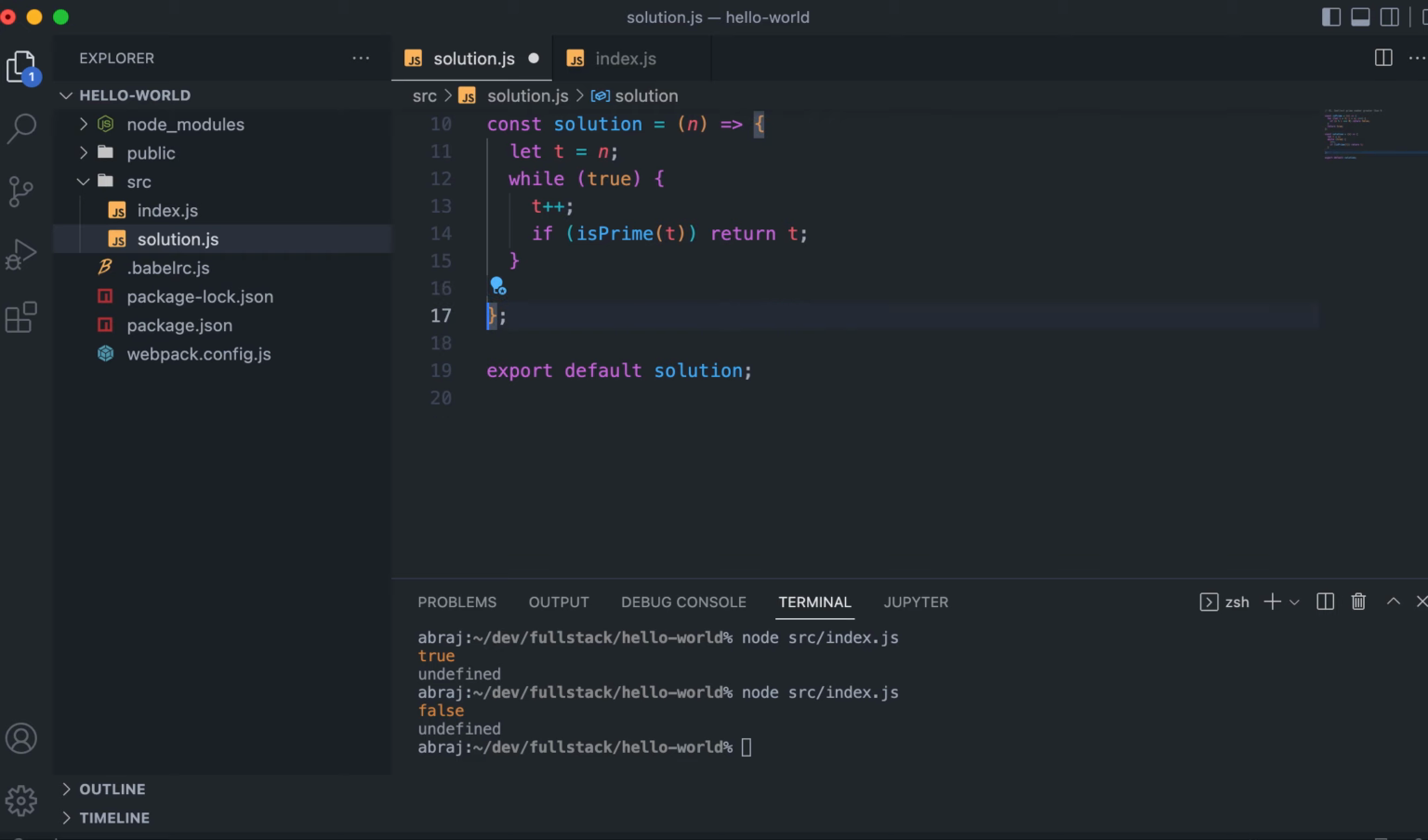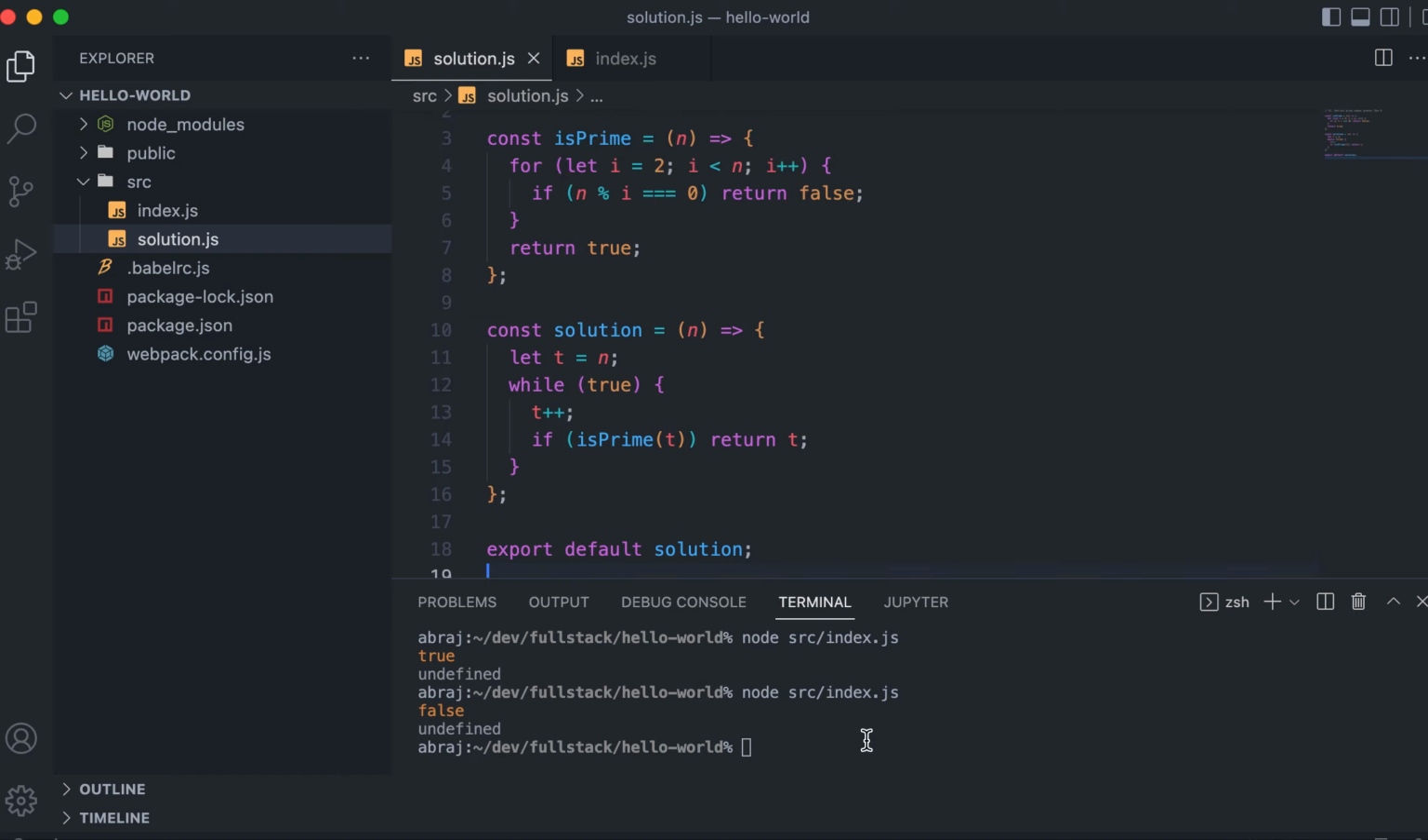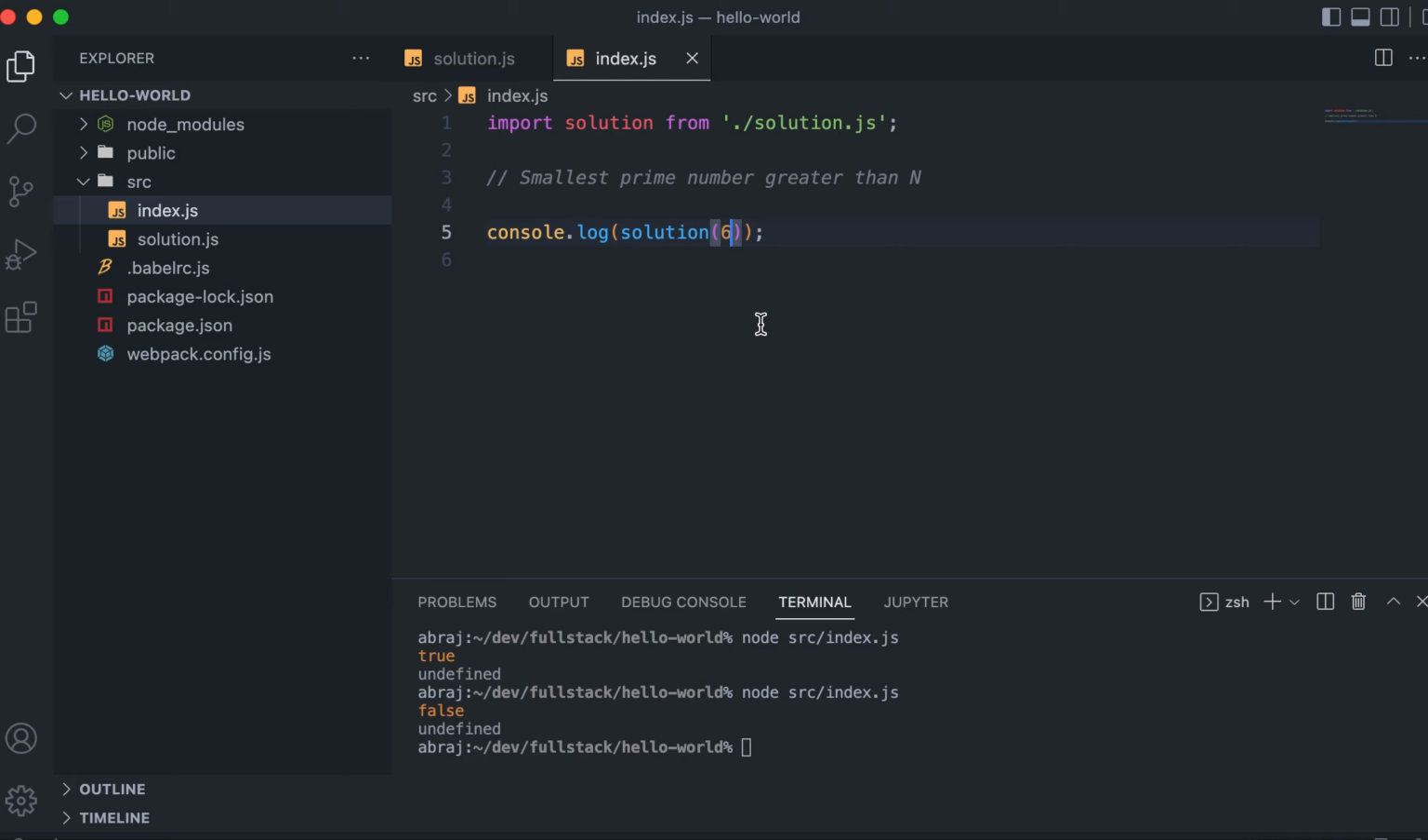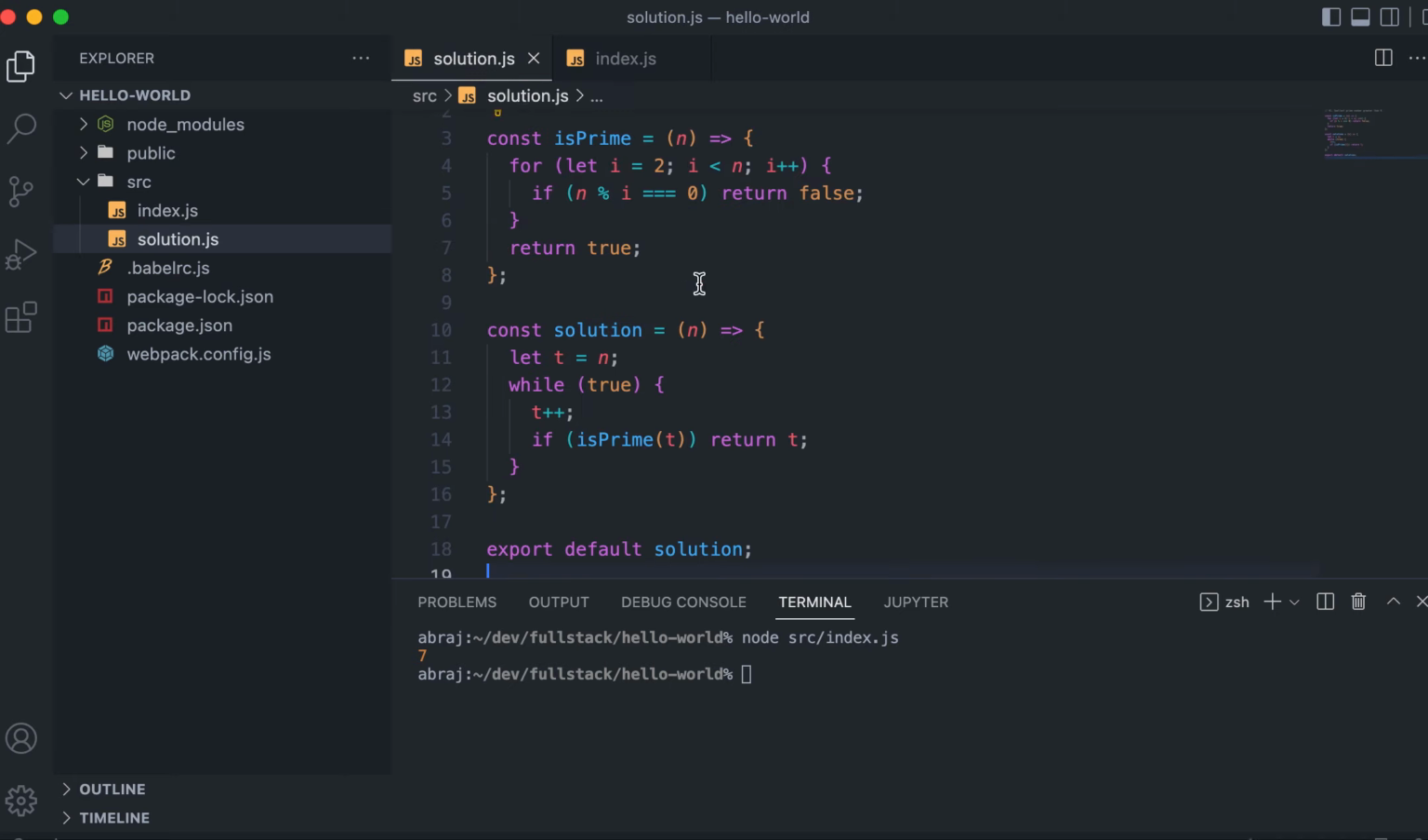So let's delete this, and yeah, that should be fine. So let's test it for 6. So you can see that it is returning 7, which means that